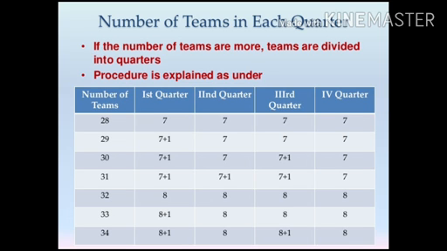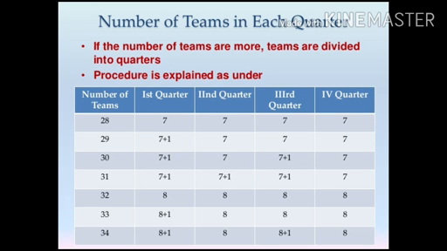When the remainder is 2, one team will be in the first quarter and the second team will be in the third quarter. When the remainder is 3, one team in quarter 1, the second team in quarter 3, and the third team in quarter 2. And when the remainder is 4, the last quarter, that is 4, will get the team. So likewise,